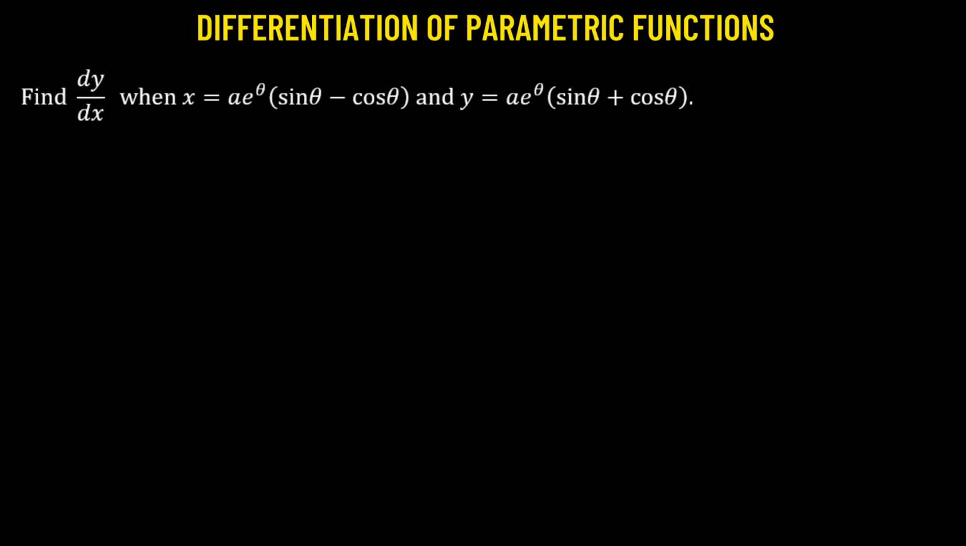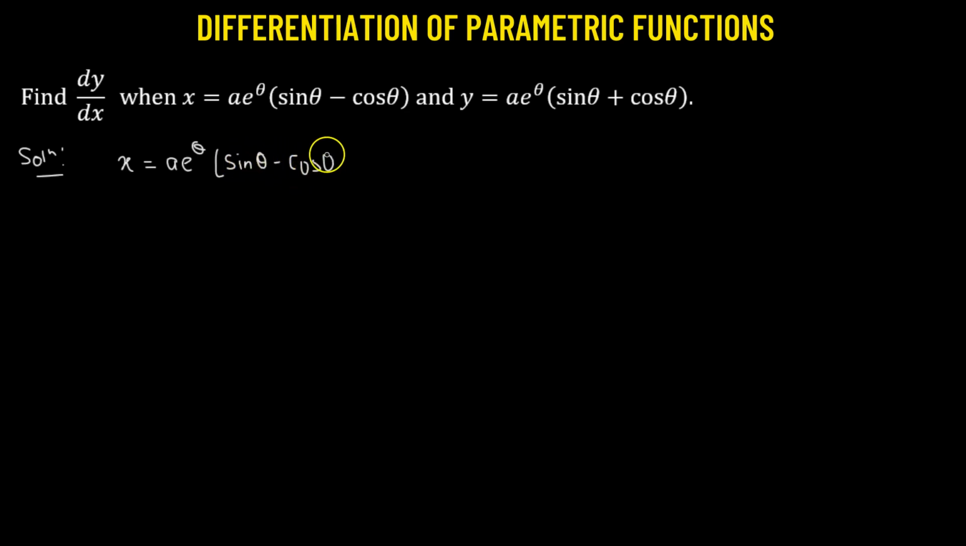We need to obtain the derivative of y with respect to x whenever x and y are given in parametric form. That means x and y are both dependent on the parameter theta. So let's begin our problem by considering whatever is being provided to us. We will start with x equals a e raised to the power of theta multiplied by sine theta minus